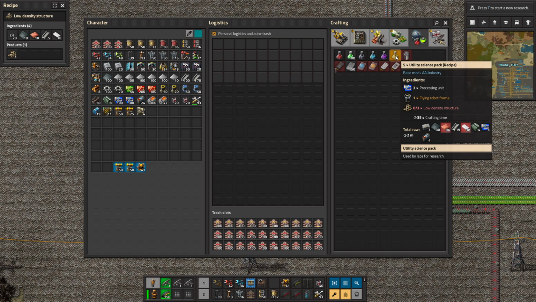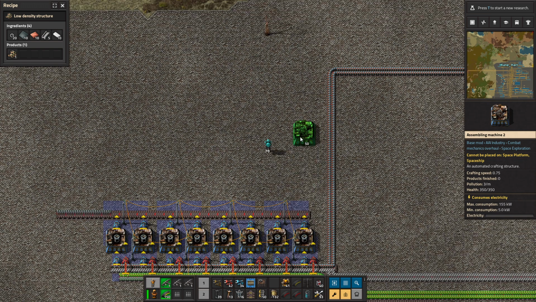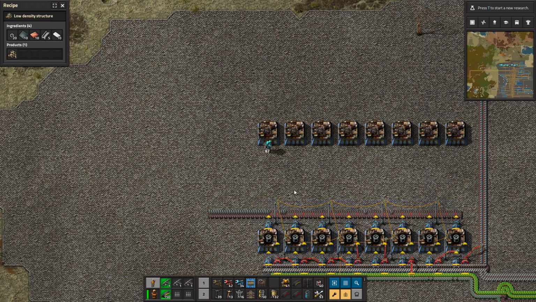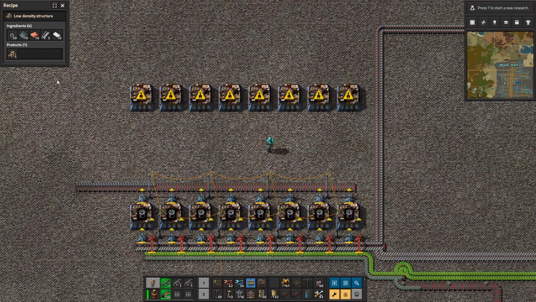Oh, yeah, that's much more expensive than I thought. But you're getting 5 science out of this, by the way, so it's not as horrific. I'm going to need these anyways in the future, so 1, 2, 3, 4, 5, 6, 7. I might just do 8 for now anyways. But, yeah, we're going to use more of those, so...